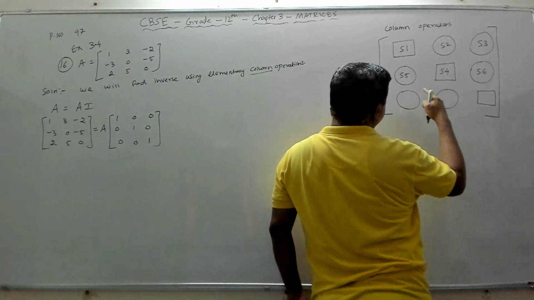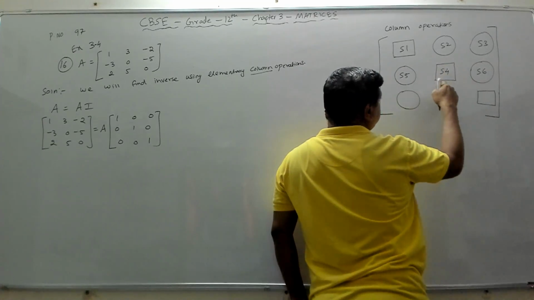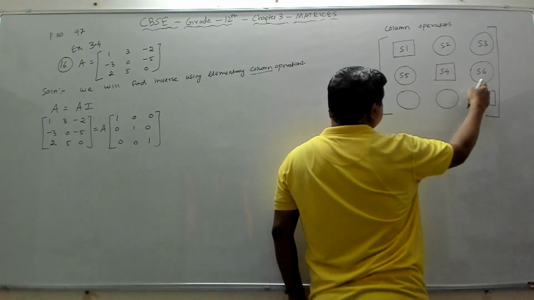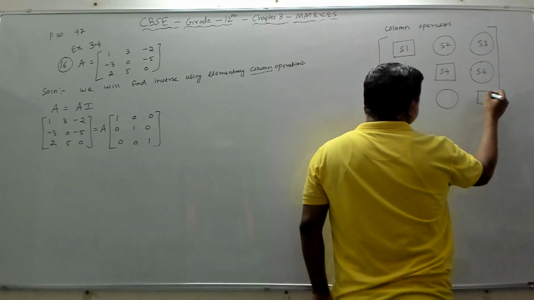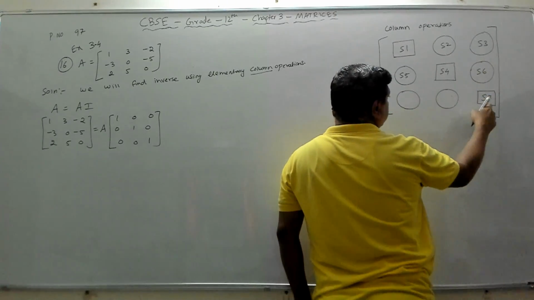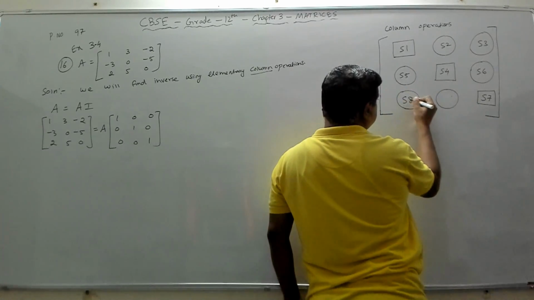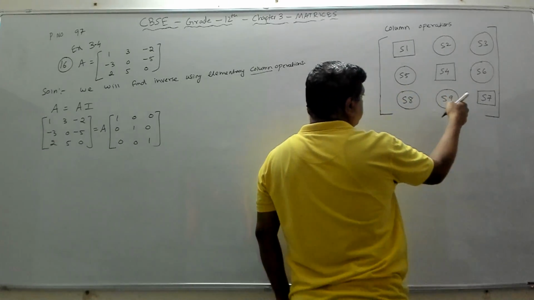So this will make it 0 and this will make it 0 after making this 1. This is your fourth step to make this 1, then this 0, this 0. Then the next is the seventh step, this is the sixth step. The seventh step is to make this 1, that is S7. Then you have to make this 0, that is your eighth step, S8. S9 means step 9.